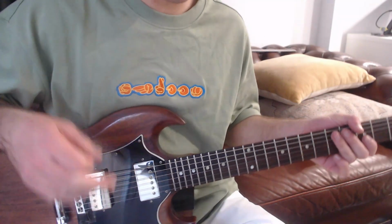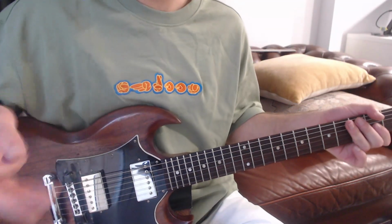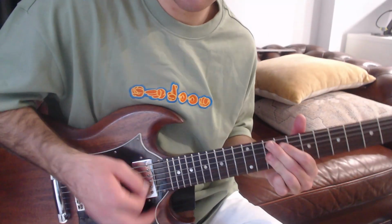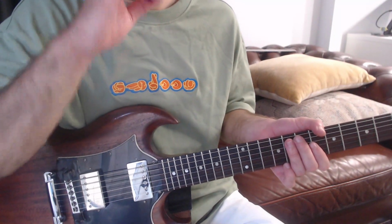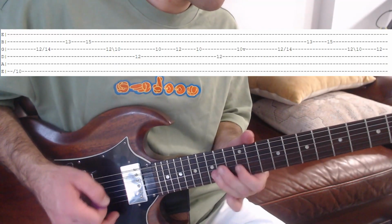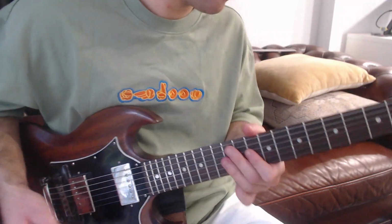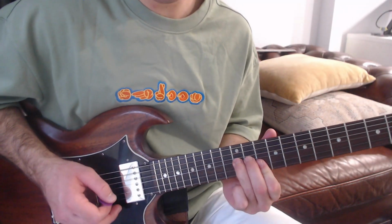So yeah, it goes to the 4 early, and then that main riff. I didn't get it exactly right just then, but that's on the 1. So it goes intro, 1, 4 early, 1 again, and on the 1, I like to slide it up. I don't know, sounds cooler to me. So on the 1 it's, not exactly, but something like that. Now, initially what I was doing is I was bending...